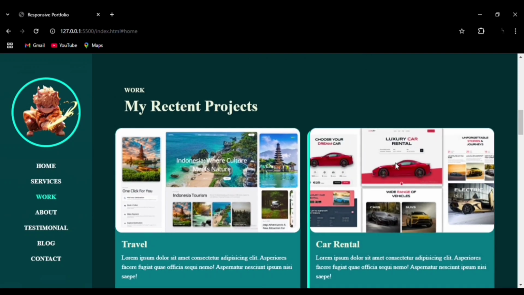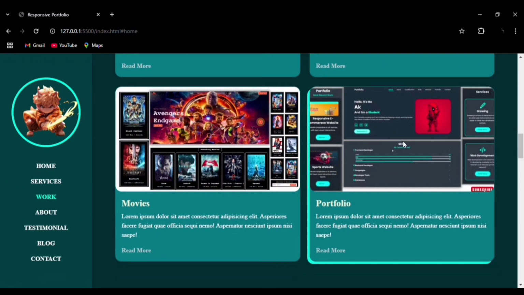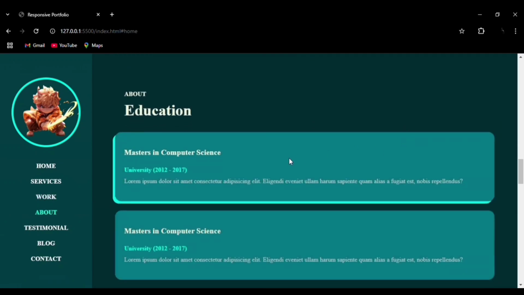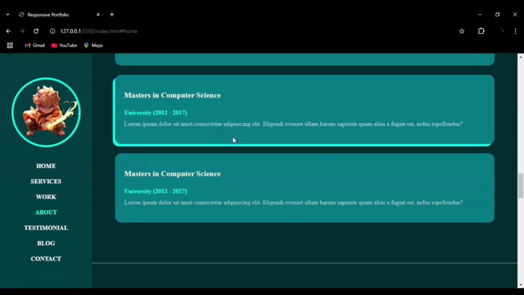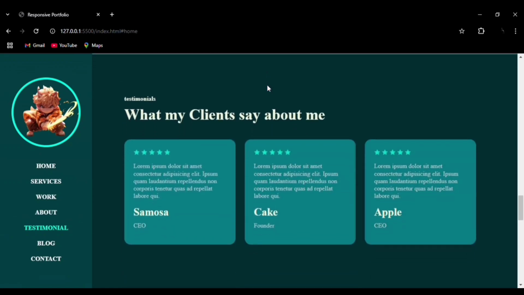The entire website is made using HTML, CSS and JavaScript. We have used the AOS JavaScript library for the smooth animation effect that you can see here, and we have used many CSS features like box shadow effect, hover effects, and